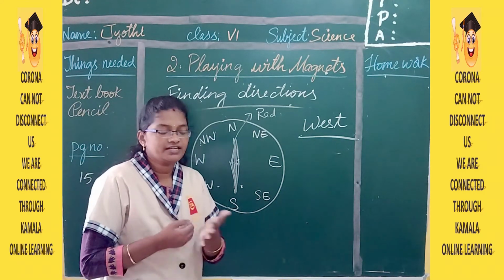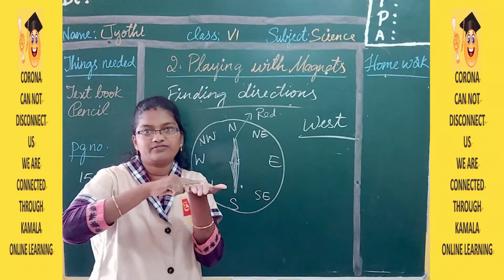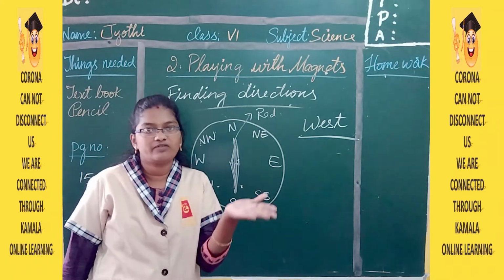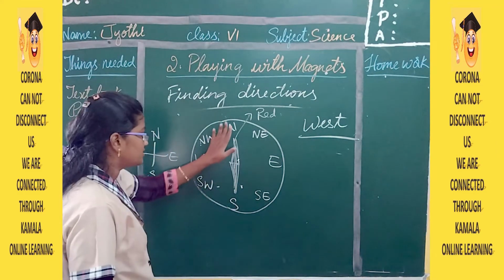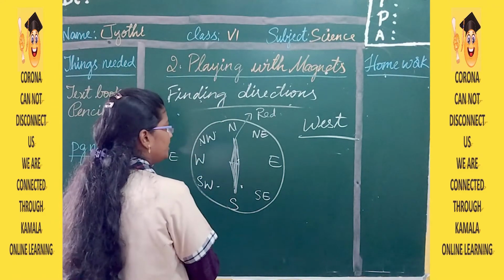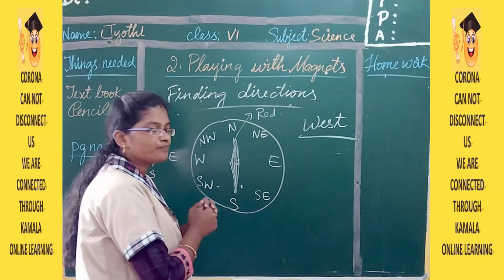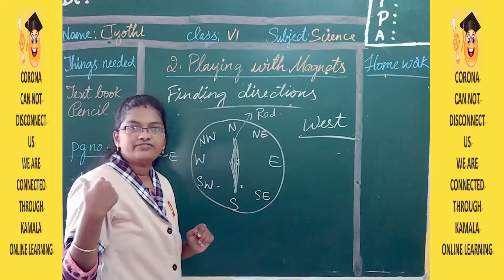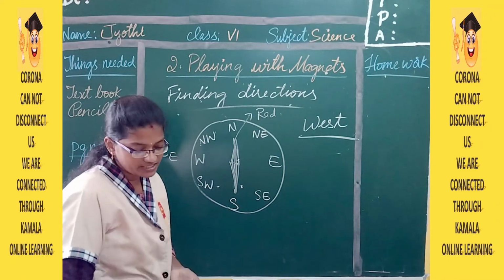So wherever I am standing, I have to take a stable position, like a flat position, and put the compass on the hand or somewhere on the ground. So whichever side it is showing the north. For example, in the same way it is showing that this side is the north. Then which side do I have to go if I stand like this? Should I go towards my right hand side or towards my left hand side? Because my left hand side is west, I should go towards my left hand side. So with the help of the compass, we can find out the directions easily.